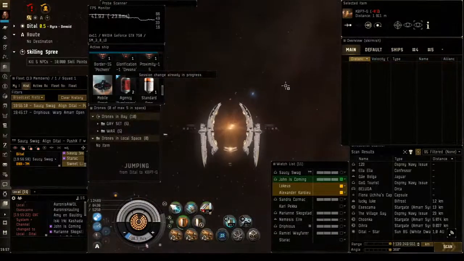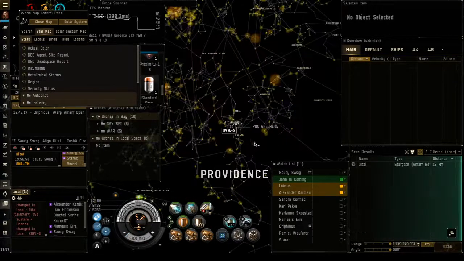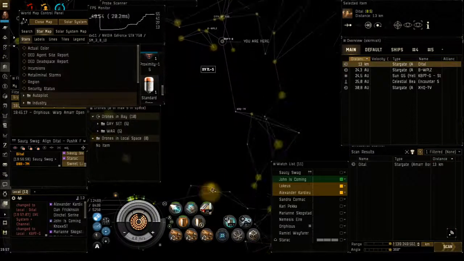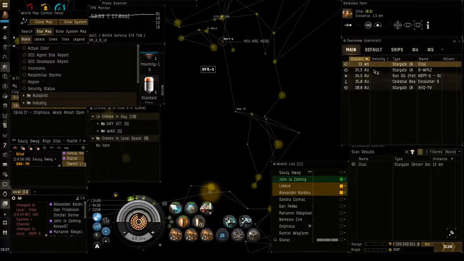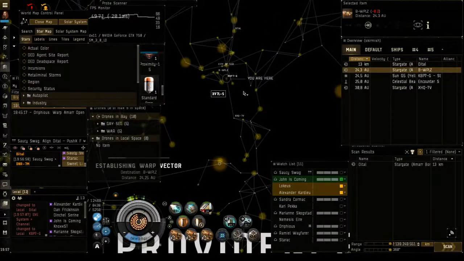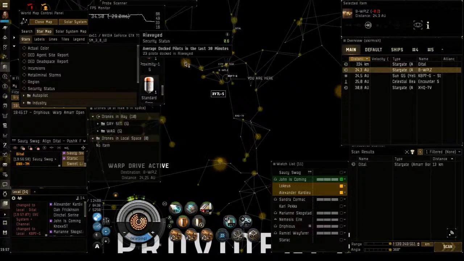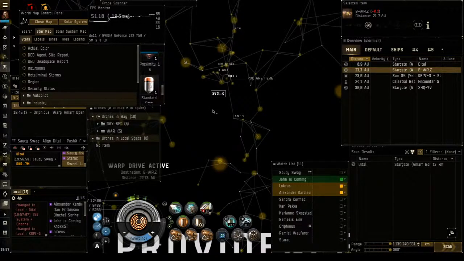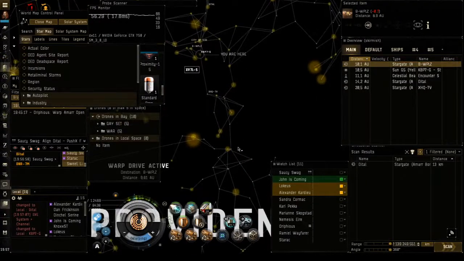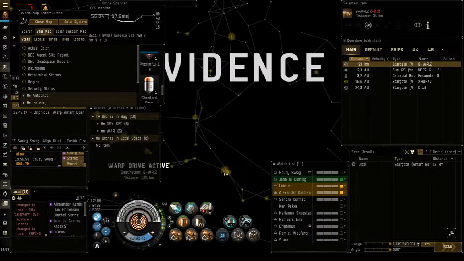Let's jump through here. Just going to check in-game map as well. There's a Swipple in B-W. He's landed on the KBP gate. Okay, let's warp B-W. Warp drive active. He jumped into KBP. Locus, get him. He's decloaked. I think he's long gone. Anyway,